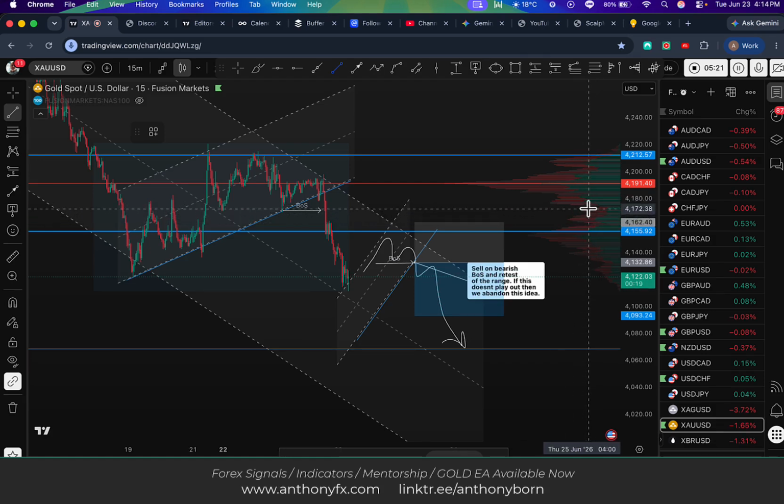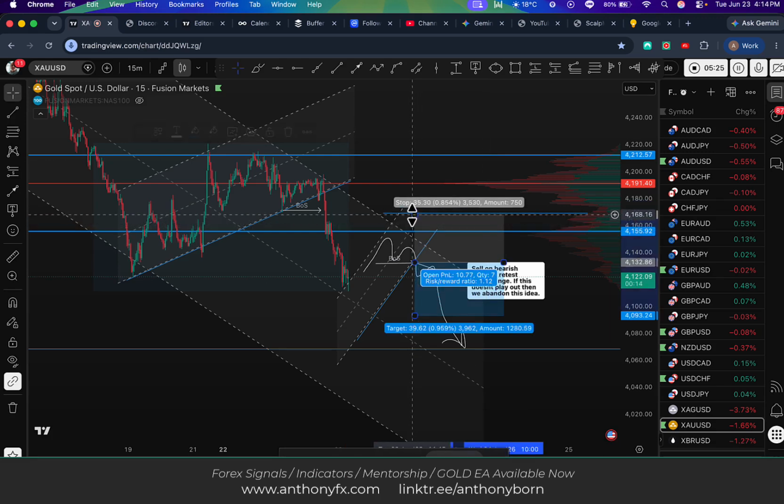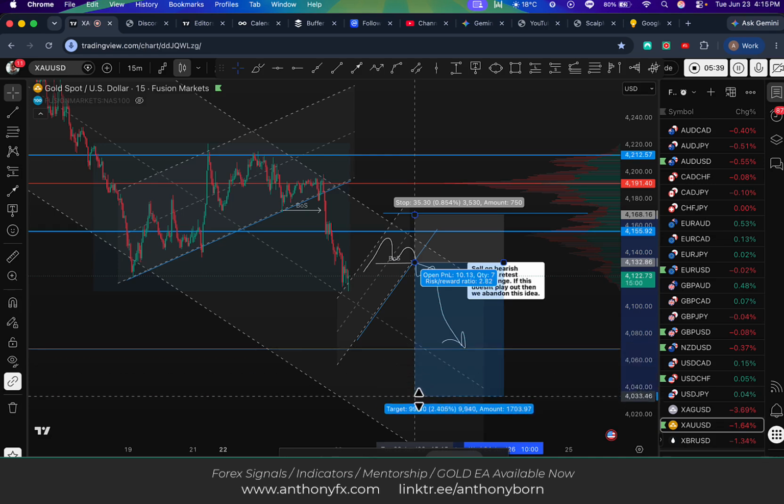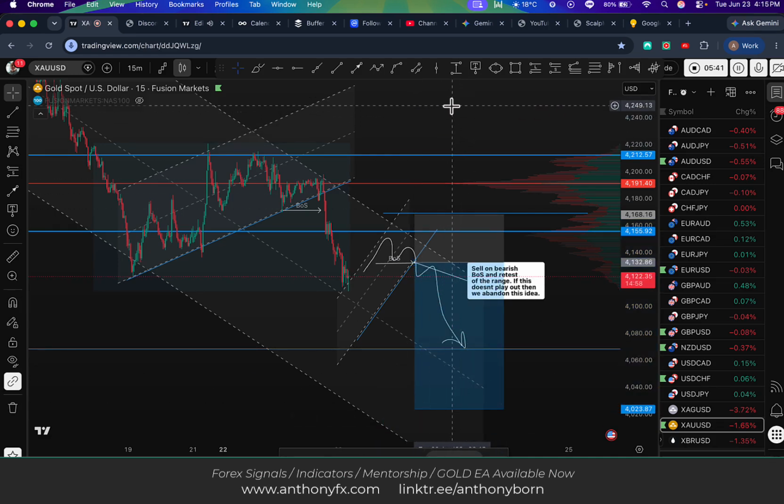See how it moves all the way back in here. That could be a stop loss level there. These low value nodes are usually a good area in terms of support and resistance. So target 1 would be 1.7R, and then I would look for